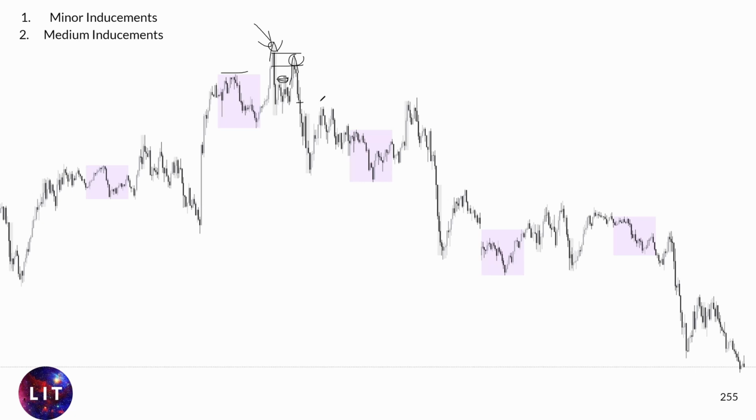Same thing for here. You see, there's the imbalance that never got mitigated. There's still a small imbalance left in here that never mitigated it. It stayed short of it a little bit. That's the equal highs. That's the inducement of these equal highs. It leads to the mitigation of this area, and obviously now it can drop. Okay. But let's move from the left to see what they're doing.